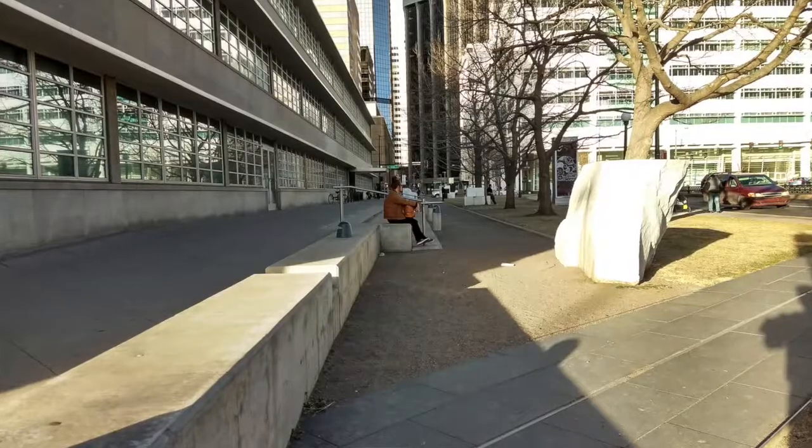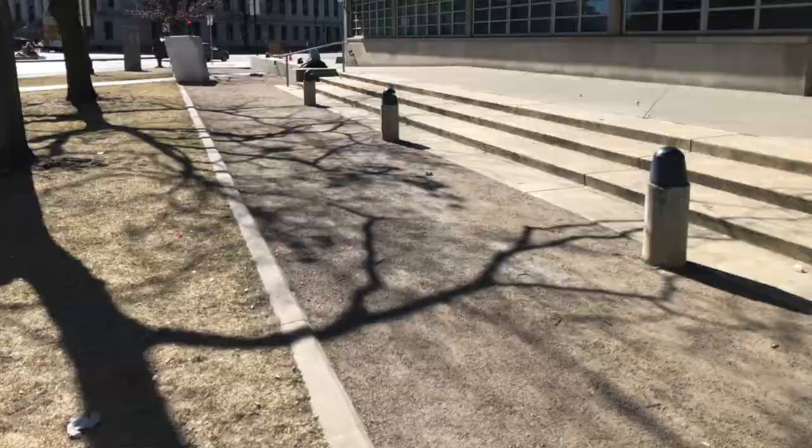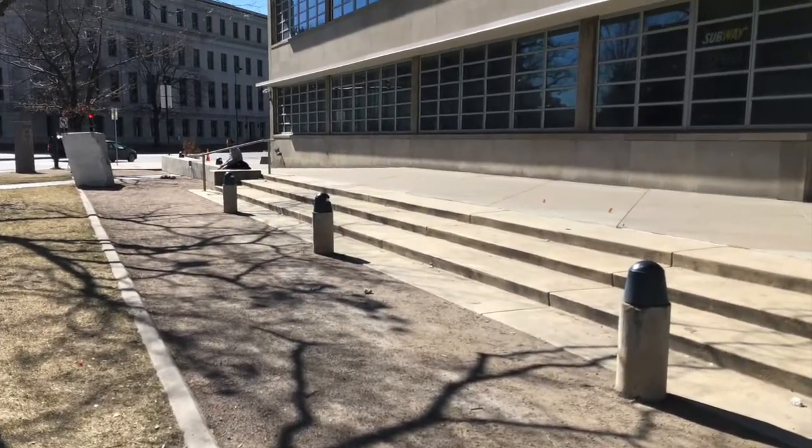Another aspect of this plaza, you can see in this seat wall and the steps that go up to an elevated podium, is the idea that our civic buildings rest on podiums. This is true here and true in the History Center. You see it in the memorials, you see it in the Carnegie Library, you see it in the steps leading both to the Capitol and to the city and county building, that there's a tradition of our civic buildings, I guess going back to kind of the old world, of having them rest on substantial podiums, often of stone,